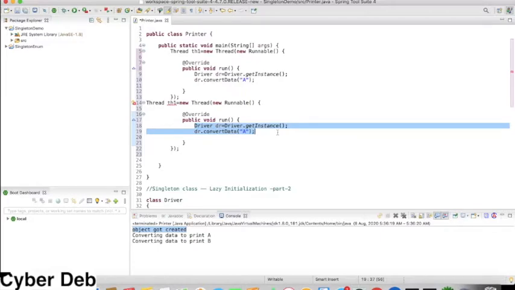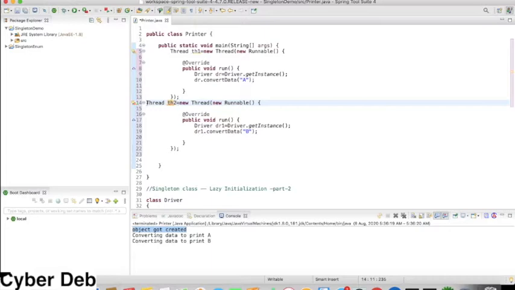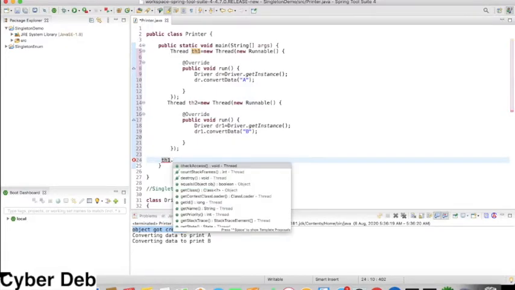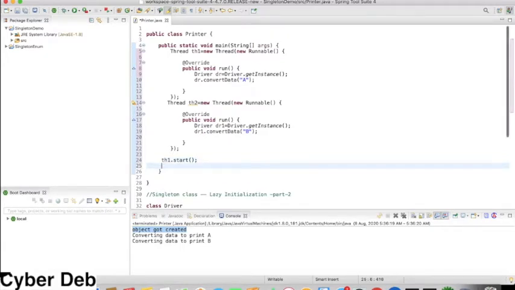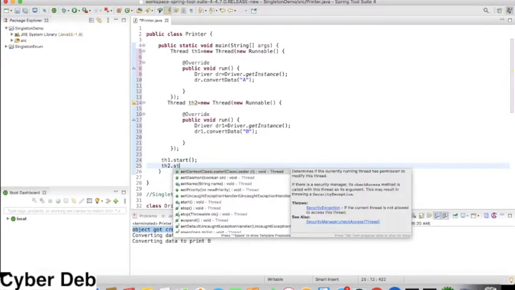So one prints A, another prints B. Here I have created two threads by using an anonymous inner class. We could have used a lambda expression, but we will remain with the anonymous inner class. We will discuss the lambda expression sometime later. I will start the two threads, th1 and th2.